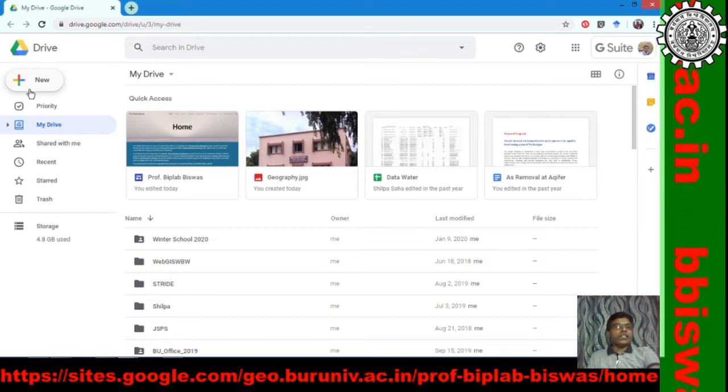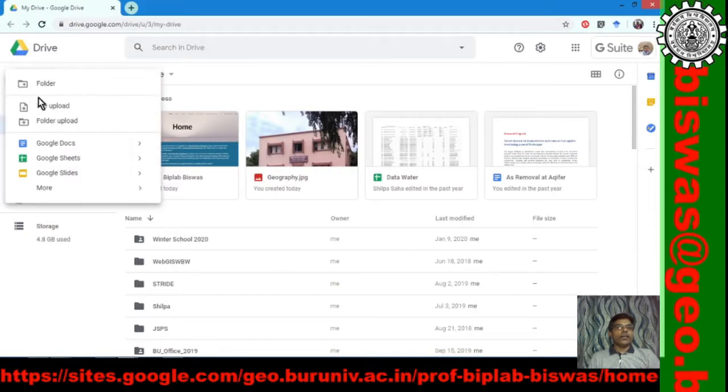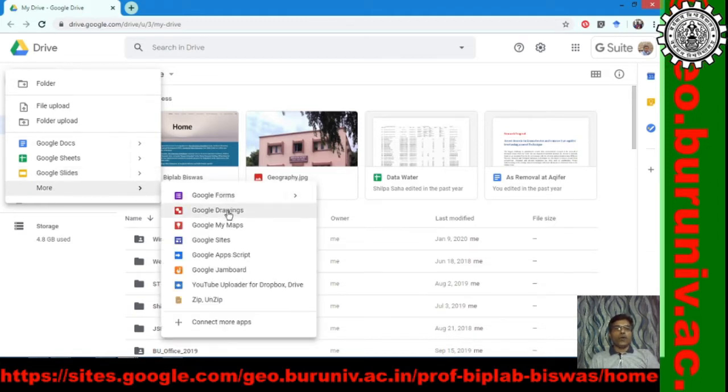Now you can see a new button. If we click on the new button, you can create a folder, we can upload file from our computer to Drive, we can upload folder from my computer to Drive, we can create Google Docs, it's like MS Office Word, Google Sheet, it's like MS Office Excel, Google Slides, it's like MS Office PowerPoint, and in the more we can create Google Form, and form is like form fill up, Google Drawings, it's like Paint, Maps, we can create map, and we can create site.